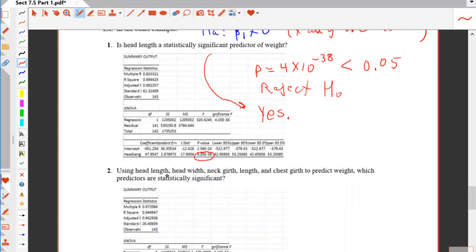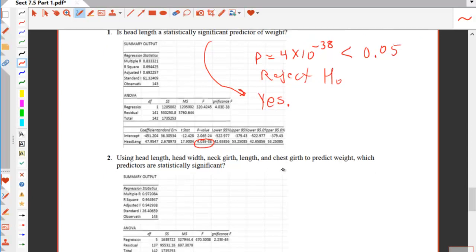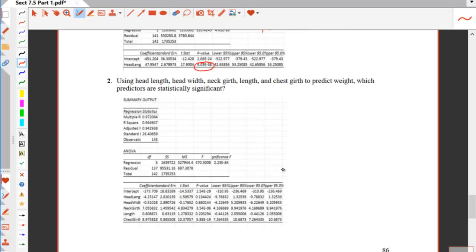What about my other model where I used all 1, 2, 3, 4, 5 independent variables to predict weight? What about statistical significance there? Well, now let's go to our same output screen and pick off these numbers. So ignore the intercept. That is for beta 0, and typically we don't care so much about that. But these p-values here are interesting. So I take them one at a time.